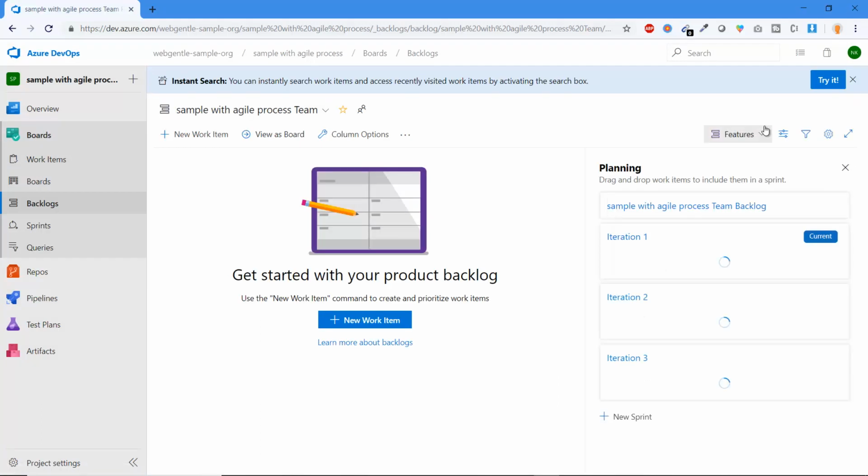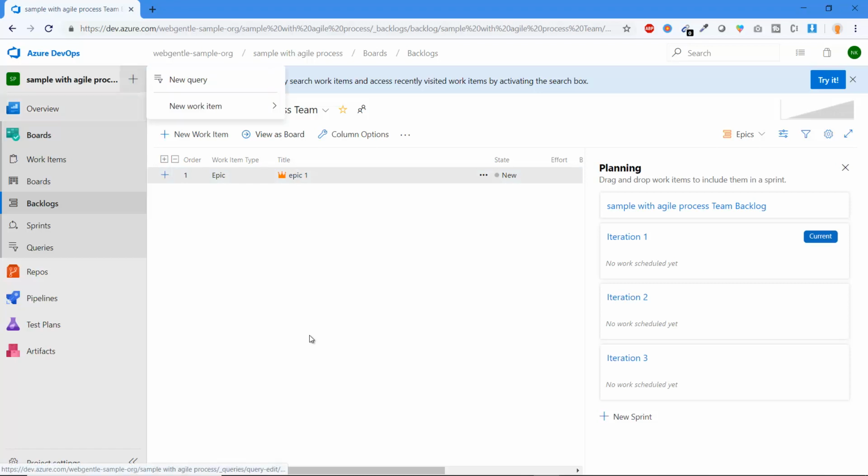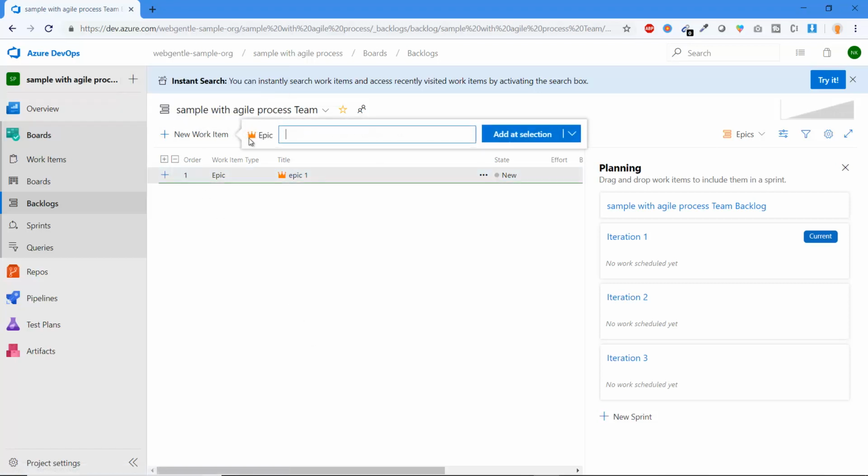Let's see if it is visible to us or not. You can see epic is visible to us now. Let's click on the epic, and there we go. We have the epic which we created in the previous section. Let's add one more epic to it. To add one more epic, either you can click here on the plus symbol, or you can directly click over here. You can see here we are creating the epic. So suppose epic 2,